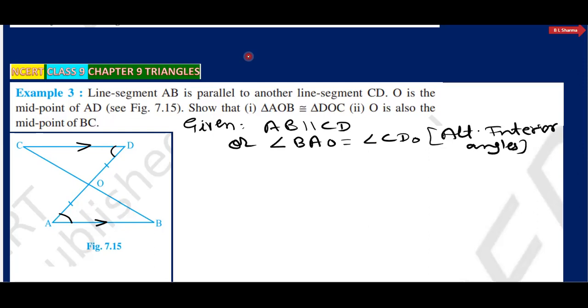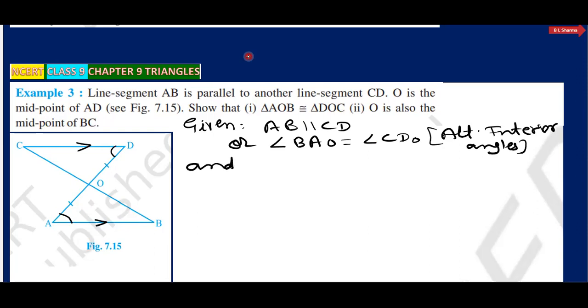When two lines are parallel, then corresponding angles are equal, alternate interior angles are equal, and the sum of two consecutive angles on the same side of transversal is 180 degrees, means co-interior angles are 180 degrees. But here we have to take only this. Okay. Now, to prove,